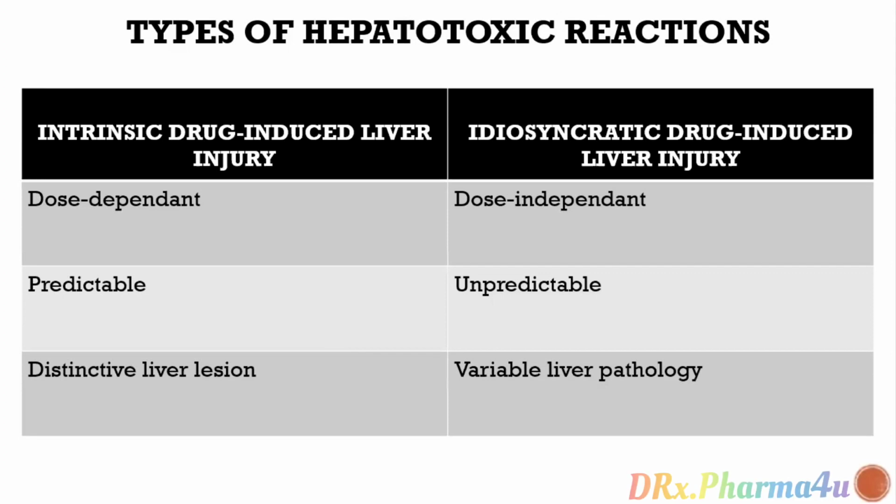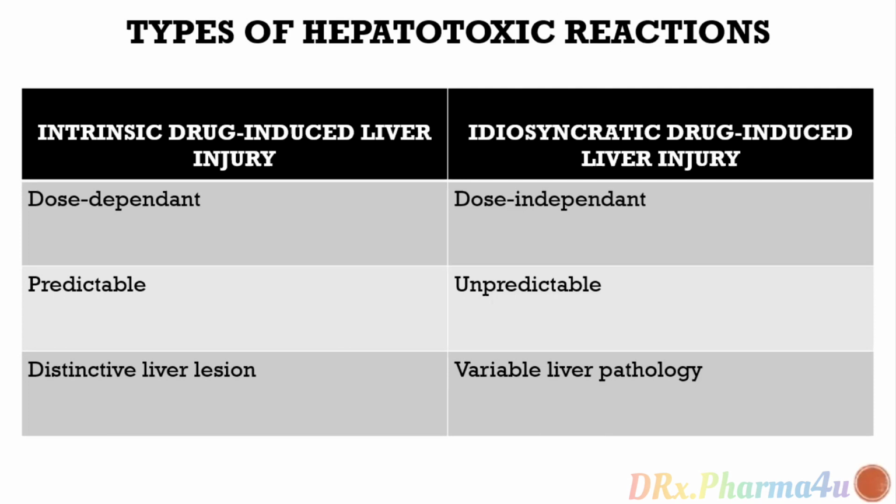Now, when we talk about the types of hepatotoxic reactions, we have two types. One is the intrinsic drug-induced liver injury, and the other is idiosyncratic drug-induced liver injury. So intrinsic means it is dose dependent. Somebody always asks me how to remember the dose of a medicine because there are so many medicines in the market. This is a very interesting video that I'll describe by this Sunday possibly. So there I'll talk about studying dose dependent effects. So that can be interesting. So dose dependent